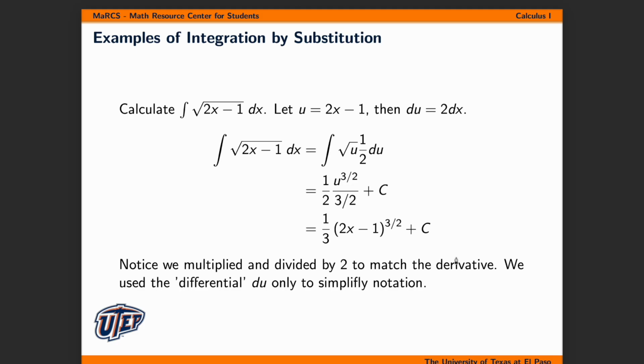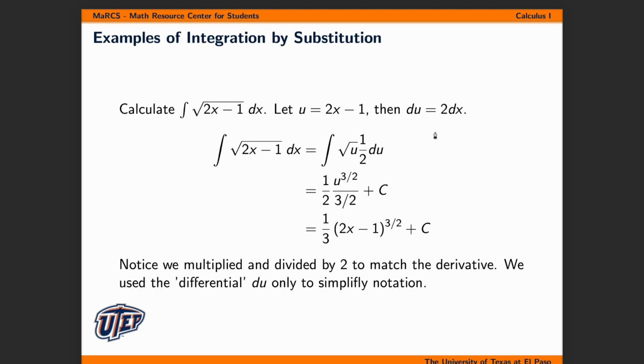Now we have another example. We are told to calculate the indefinite integral of the square root of 2x minus 1 with respect to x. So now we are letting u be equal to 2x minus 1, and the derivative of u with respect to x will be equal to 2. So we'll have du is equal to 2 times dx. Now once again, we must multiply our derivative by 1/2 because we want there to be just a dx. We don't have a 2 dx, we just have dx. So in order to get rid of this 2,